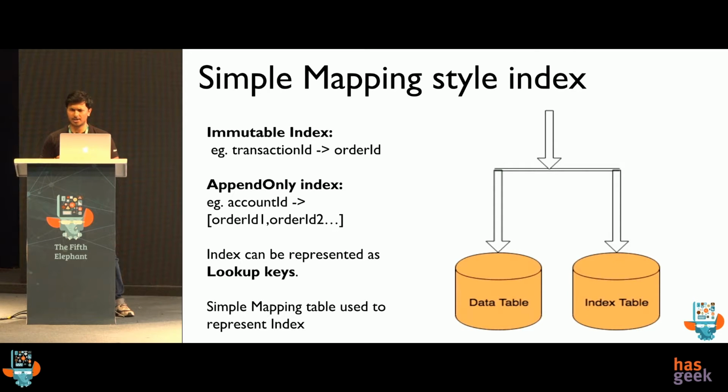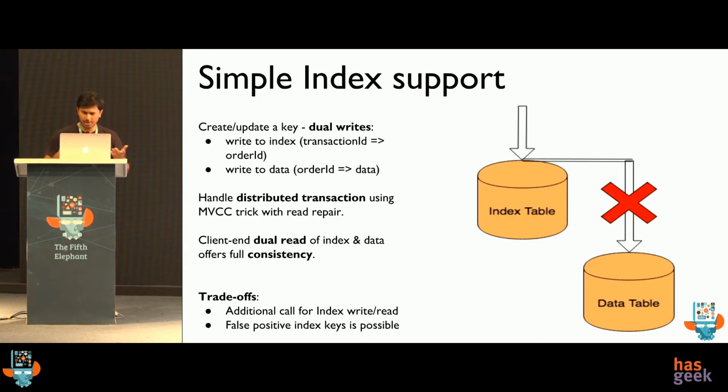just be represented as lookup keys. And we could build this as an abstraction over the client or over the HBase coprocessors. So what we essentially do is we do dual writes. And yes, when you do dual writes, you have a problem of distributed transaction. And the way we go about it is we use a trick of multi-version concurrency control, similar to what you